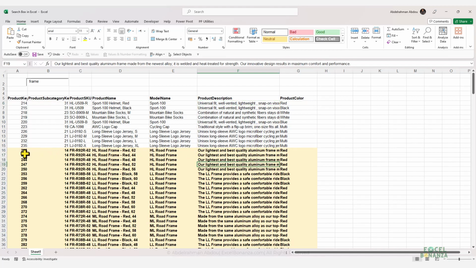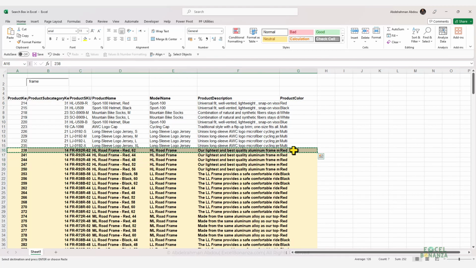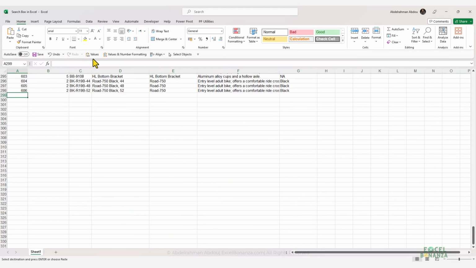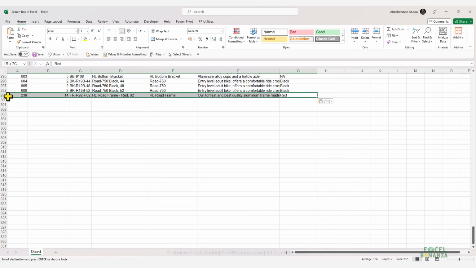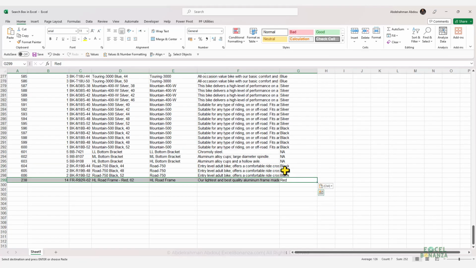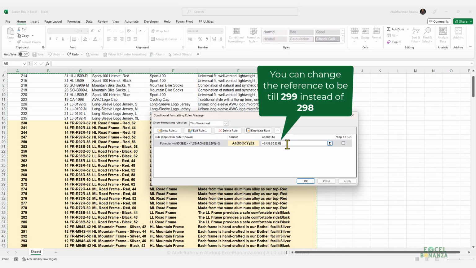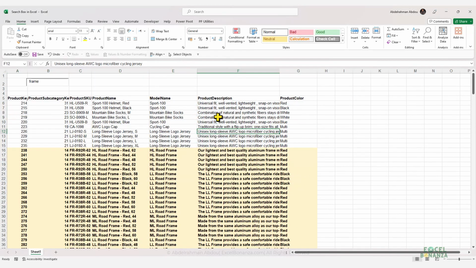And there's something here, which is that if you copy one of the rows that contains the word frame, and let's say you added more rows to your table, so I'm going to paste it here. And as you can see, this row that contains the word frame has not been highlighted using conditional formatting like the other rows. And this is because the formatting is not being extended to this row. You could either extend it from the conditional formatting by clicking here and then manage rules. And for the rule, you can just make it so row 299,